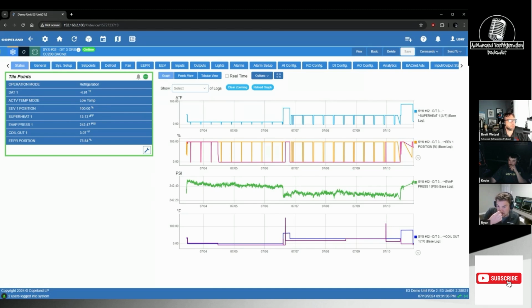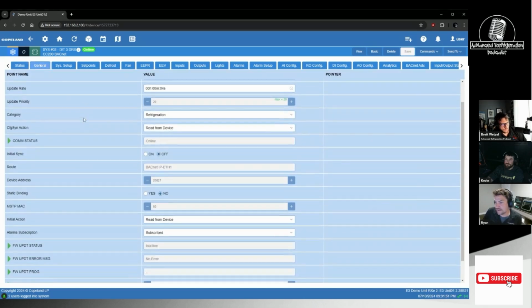If you have the luxury where your end user customer decided to go with EEVs as well as electronic EPRs, the electronic EPR is going to be on the expansion module on the furthest right. It is always going to be on the furthest right. In the case of electronic EPR, that will be controlling temperature. And on the EEV, if it's pulse width or stepper, it's just superheat. It's not taking superheat and temperature, then correcting to whatever one needs the most correction. Some of the values we have on it, the